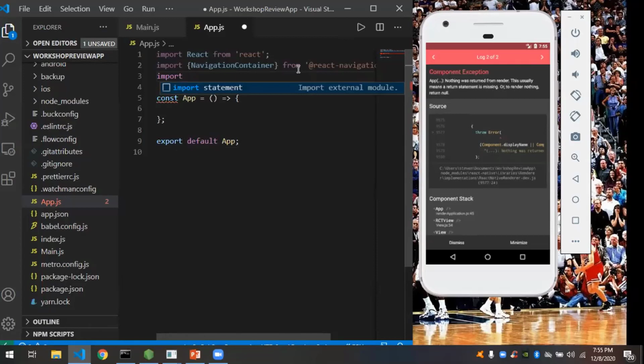Another type is tab navigation, which, like Instagram, lets you move between tabs, which we won't use today. We're going to use stack navigation, obviously, since we're going to move from one page to another on a button click, so a new page gets added over it. And you also have drawer navigation, where if you slide to the right, you can see a drawer with different